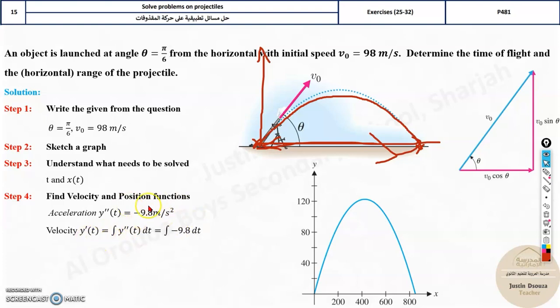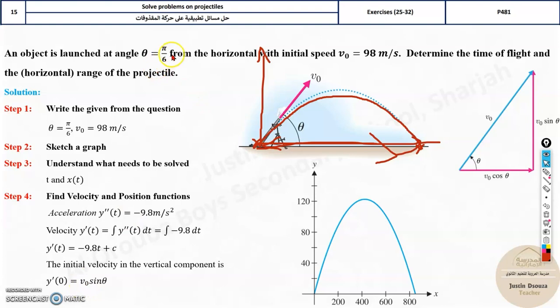Now we can find the velocity easily by integrating this, nothing much. And then we got this in terms of c. What is the c value? You need to find it. Now here you can't directly assume any value. You need to solve by finding this y dash of 0. What does y dash of 0 mean? Y dash of 0 means the initial velocity along the vertical component,